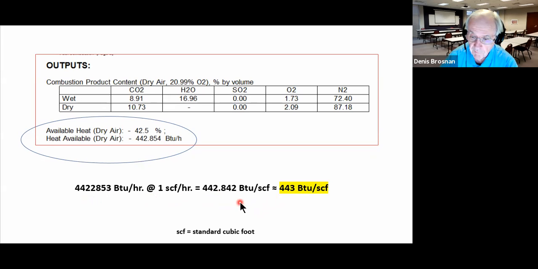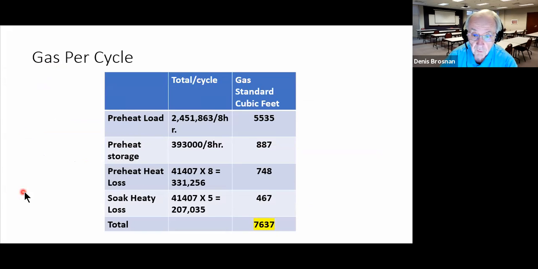Now, I really haven't computed how much gas yet, so I started with 1 standard cubic foot per hour, and I know the energy that I'm going to get out of that standard cubic foot at 10% excess air for combustion. So then I can calculate the gas that's required. I can calculate it for the preheat of the load, 5,535 standard cubic feet,